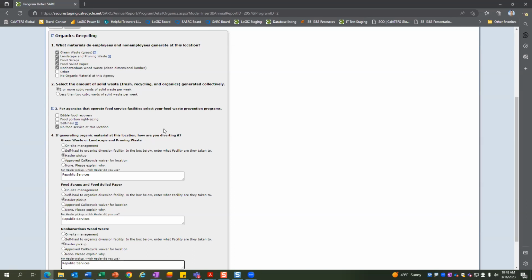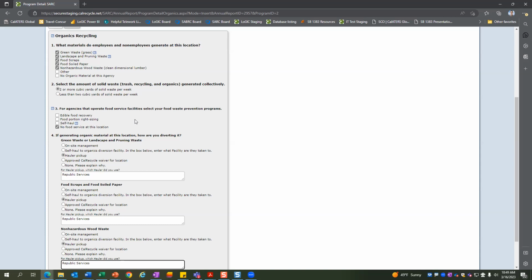Okay, and then we do have another question from Ignacio saying, for food service, if DGS handles, then do we need to check this box? So that would be on DGS at those facilities to either be donating that food. And again, it's kind of the same thing. If your agency doesn't have control over the management of that food or the employees working at that location, then you would be selecting no food service on site. DGS would be responsible for reporting to us what they're doing for edible food recovery in those locations.